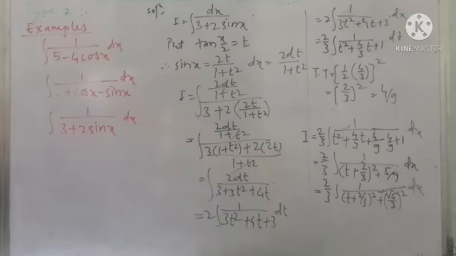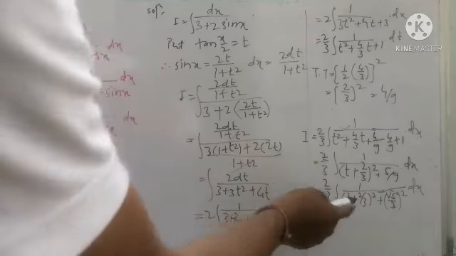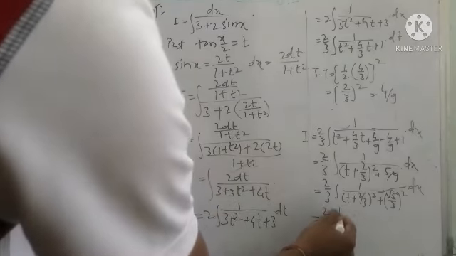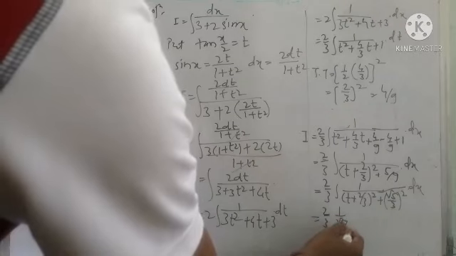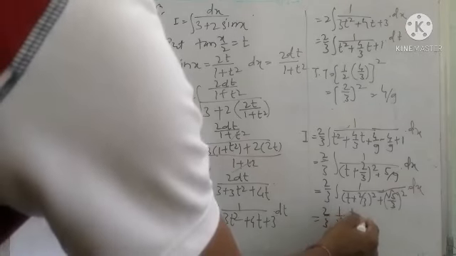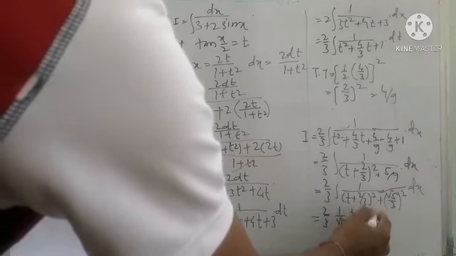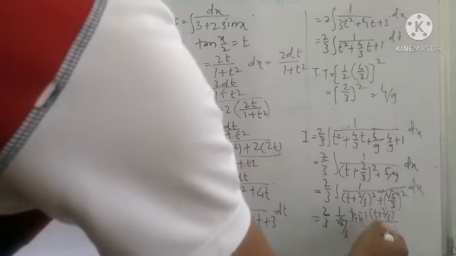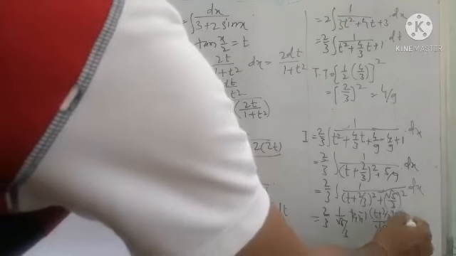So here we can use the formula of 1 upon x square plus a square, whose integration is 1 upon a tan inverse x upon a. In this example, a is root 5 by 3 and x is replaced by the linear term of t, that is t plus 2 by 3. So we get the answer 2 by 3 into 1 upon a, that is 1 upon root 5 upon 3, into tan inverse of x replaced by here t plus 2 by 3 divided by root 5 upon 3, and plus c.